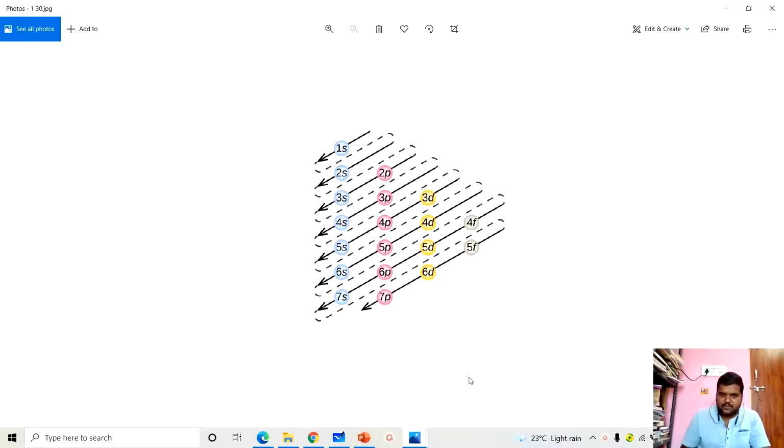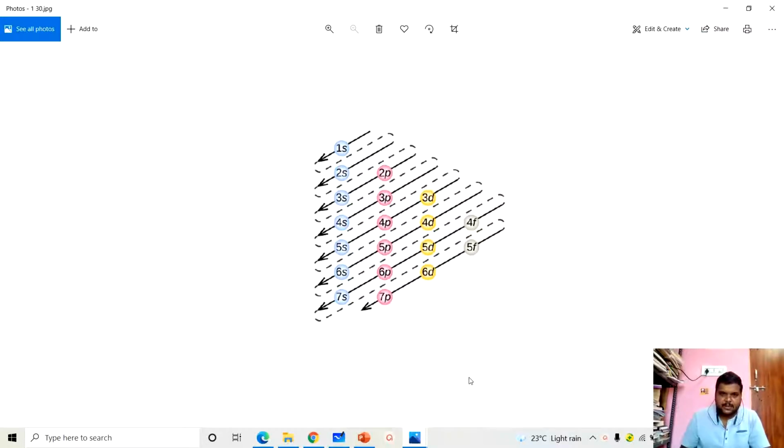Next, after 1s, observe the dotted line to the next energy level, 2s. What does it mean? 1s means lower energy, 2s means higher energy. Is it clear? So electrons enter 2s, which also holds a maximum of 2 electrons, since the s subshell has 1 orbital. Next they enter 2p. How many orbitals does the 2p subshell have? 3 orbitals, so it can accommodate a maximum of 6 electrons.